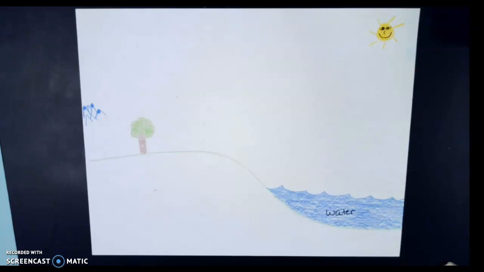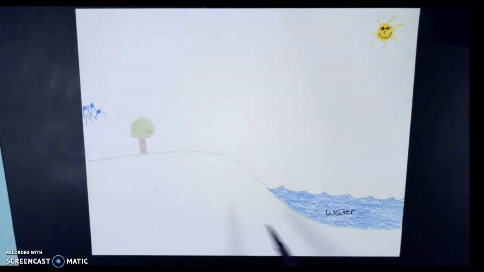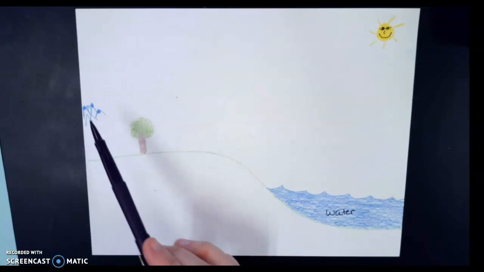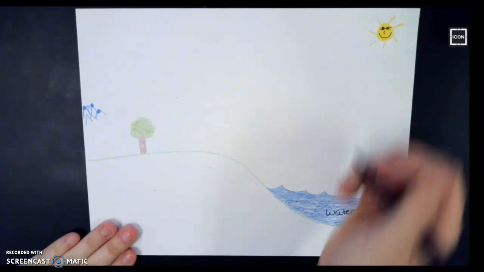So today we're going to talk about the water cycle. The first thing you're going to want to do is, in your notes, go ahead and draw this picture. You need the sun, water, a section of land here, a tree, and also some beautiful mountains that I have drawn here. So the first thing is the water cycle is driven by